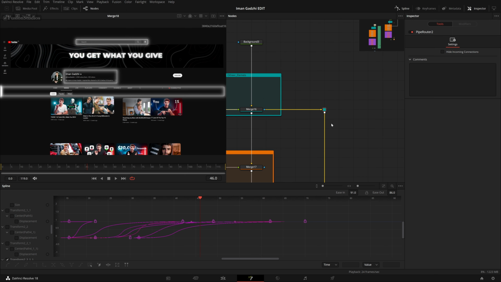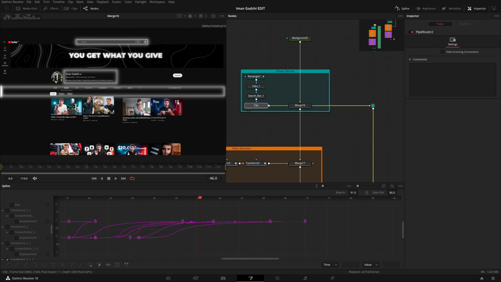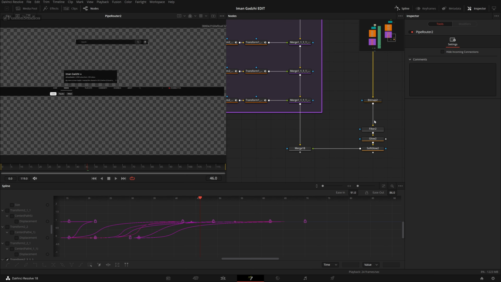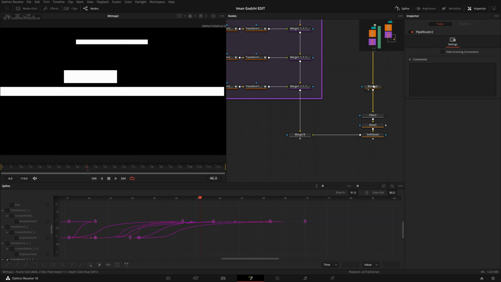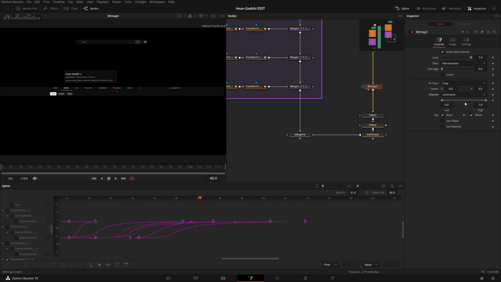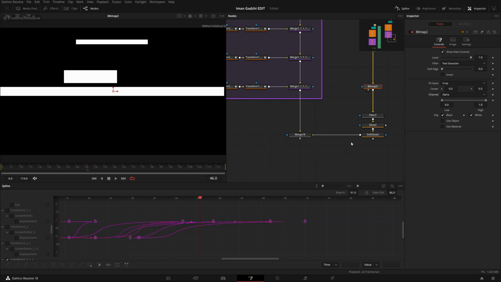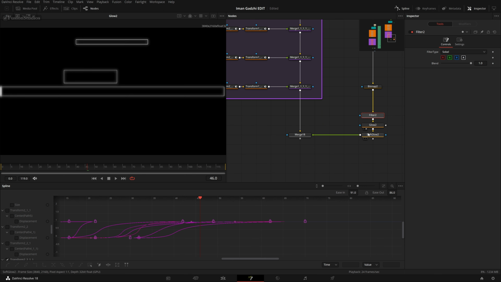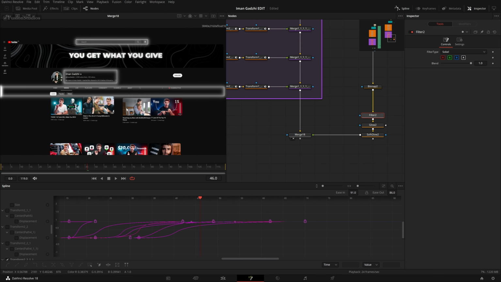Again, I'm telling you this. So what this is doing is basically taking the output of this clip. This is the output. Okay, and then putting in the bitmap. What this bitmap is doing is taking that as a whole, because the settings are like this. The channel is set to alpha, you can set to luminance, red, green, other things like that, but we need to do that to alpha. After changing it to alpha, we have this filter, and in the filter we have the filter type to Sobel. And then again adding all the glow and soft glow stuff, and in merge you can see we have something